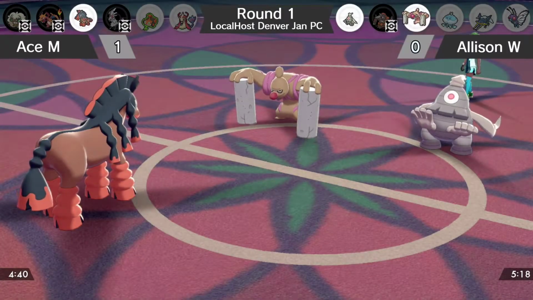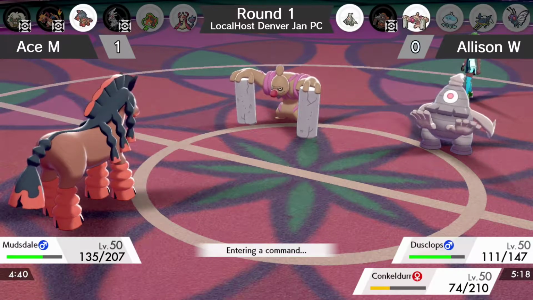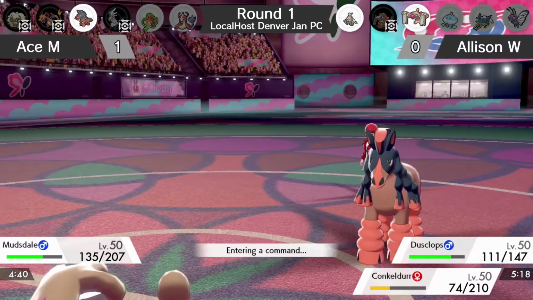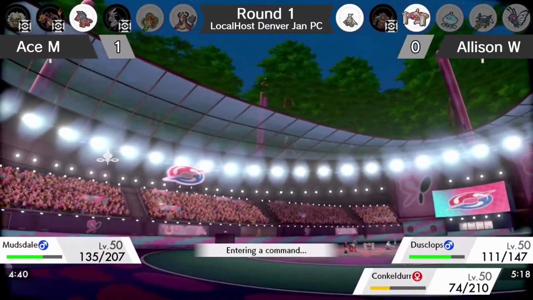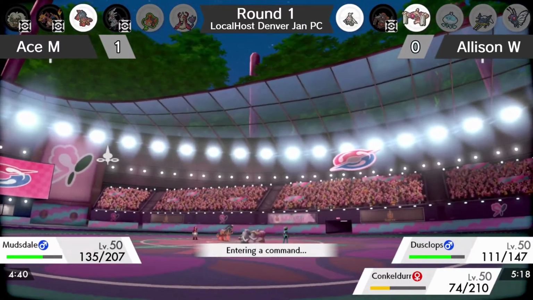That Mudsdale has so much defense, he's not taking much damage from the Conkeldurr. And the last turn of Trick Room is up. I think the problem is that Dusclops' Nightshade does not take that into account. It's based on health, the level, so it's not going to work on that. It's not going to get rid of the...